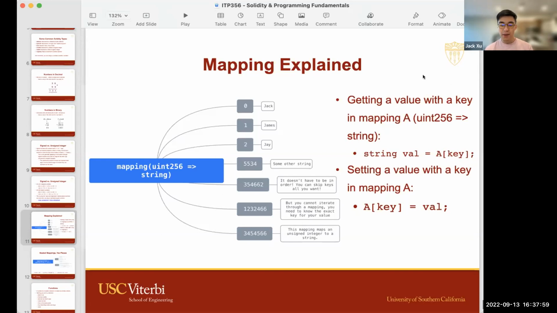Technically in a mapping, all the addresses that there ever will be exist. It's just a matter of whether they have a balance or not. So there's no concept of length in a mapping, because the length would be the entire number range, all the possible values.